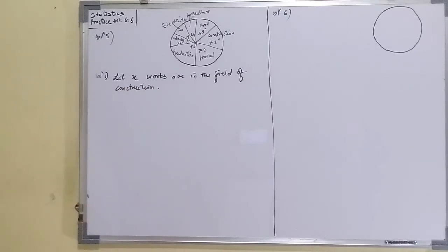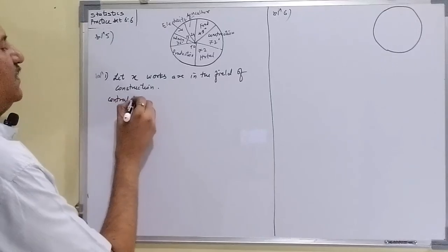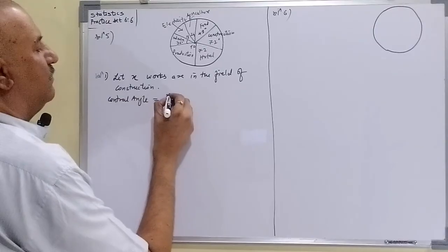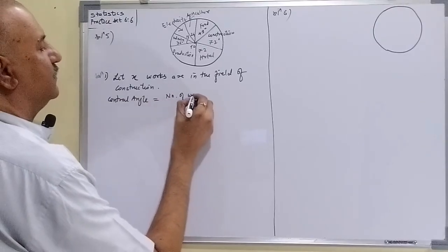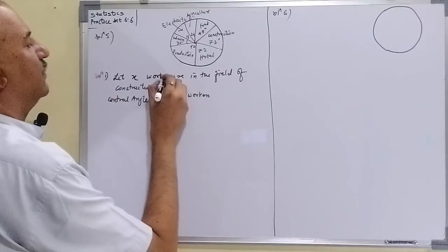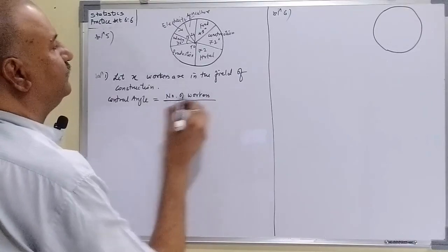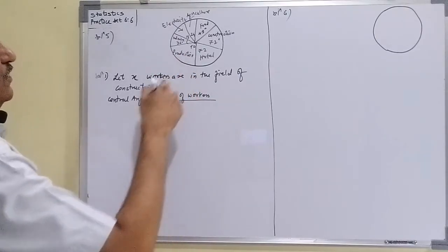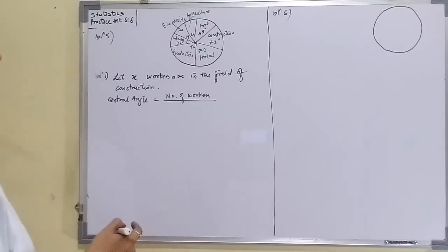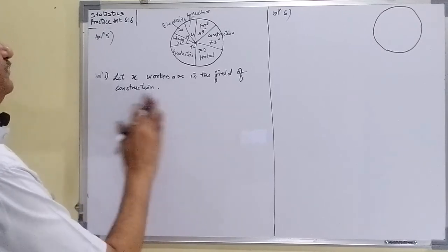You have to find the value of X. Therefore we know formula central angle is number of workers upon total. How many total workers they are given to you? 10,000. लिखना पड़ेगा अपने को।